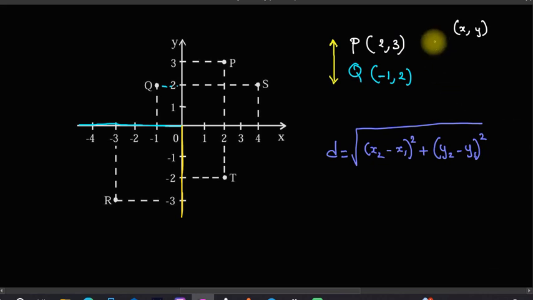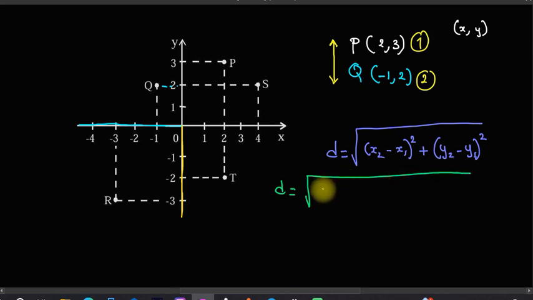What I mean specifically is, let's say for example, let's take this as our position 1 and this as our position 2. So here we clearly have x1 and here we clearly have x2, because this is our position 2. Then here we have y1 because this is our position 1, and here we have y2 because this is our position 2. All we have to do is substitute into the formula and we're going to have something like this. Okay, so distance is equal to